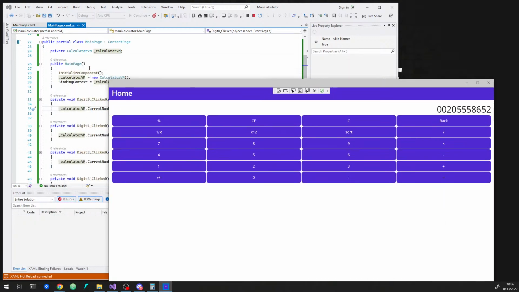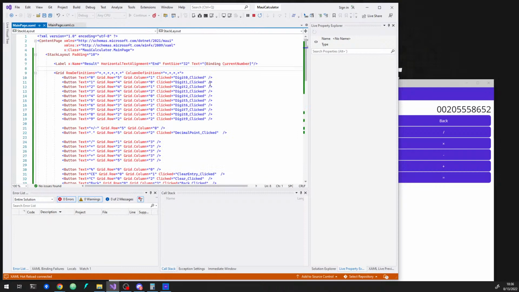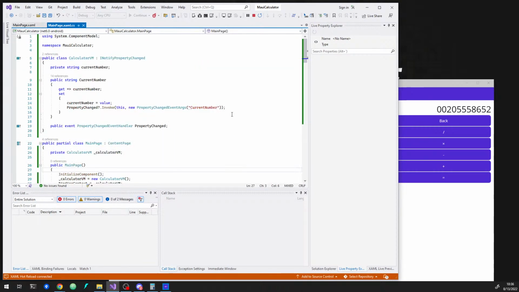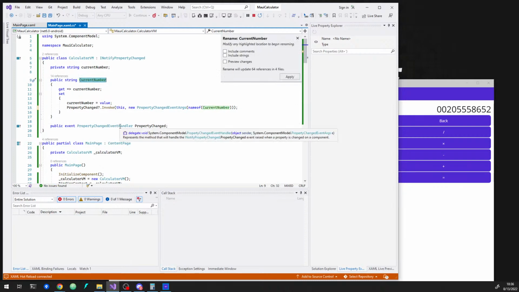So in order for this to work, the pattern is you have this when you do a binding. Whenever that value changes, the UI, the view, needs to be notified that it has changed. There's a lot of ways we can improve this. The first one I'm going to do here is use the nameof operator instead of just a string. And the difference that gives us is, now if I rename this to just current,